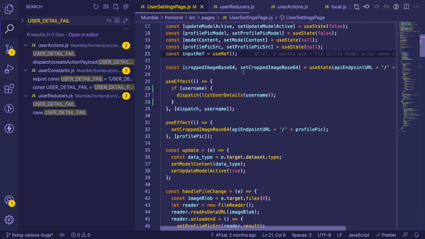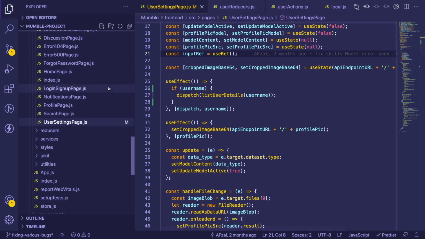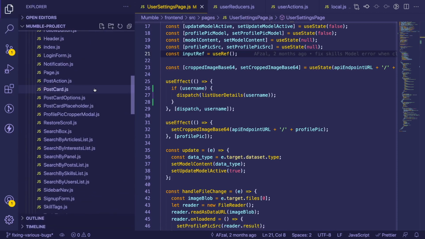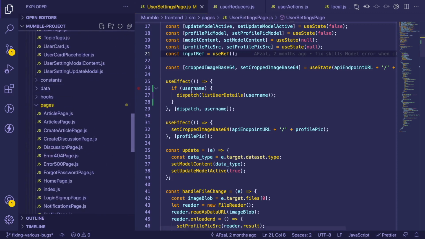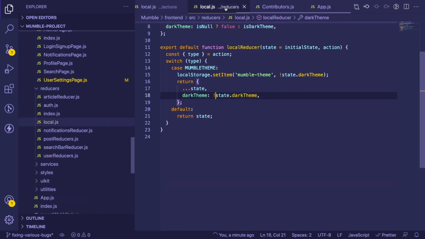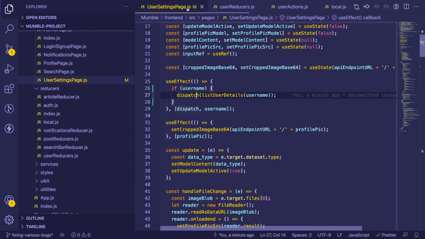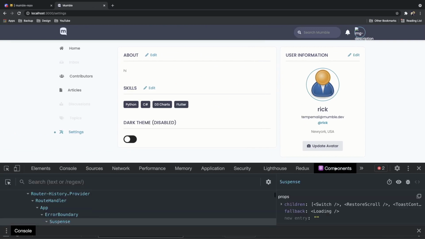I hope this was useful for you all to understand how you might want to debug a React application, and more specifically, a larger scale React application. You notice here there's quite a bit of components going on, a lot of reducers, a lot of actions, so there's a lot of things that you have to look into. But even if you don't know the project or you're new to the project, I think some of the techniques I showed you, such as using this components